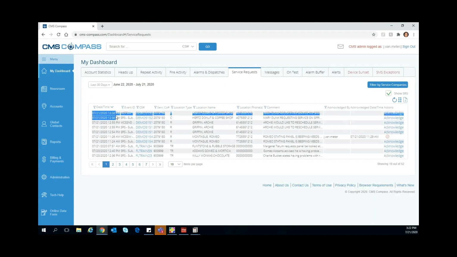So you have the date and time that the message was taken. You have the event ID, so this is going to tell you the type of message. So in this case, this was a fire immediate service fire sprinkler message. It's giving you the account number that it was taken on, the service company number, so you know which company the message was taken on rather, the location type, the name of the account, the